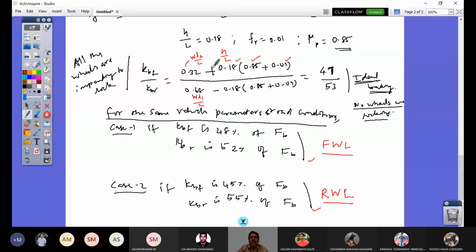Then this portion can be changing. So there could be an increase in this when my L2 increases. L2 increases means my CG is coming in front, towards the forward direction of my vehicle, right? At the same time, what will happen? My L1 reduces. So that is also going to favor here. So the change is because of the migration of CG on the longitudinal axis. That's one thing.